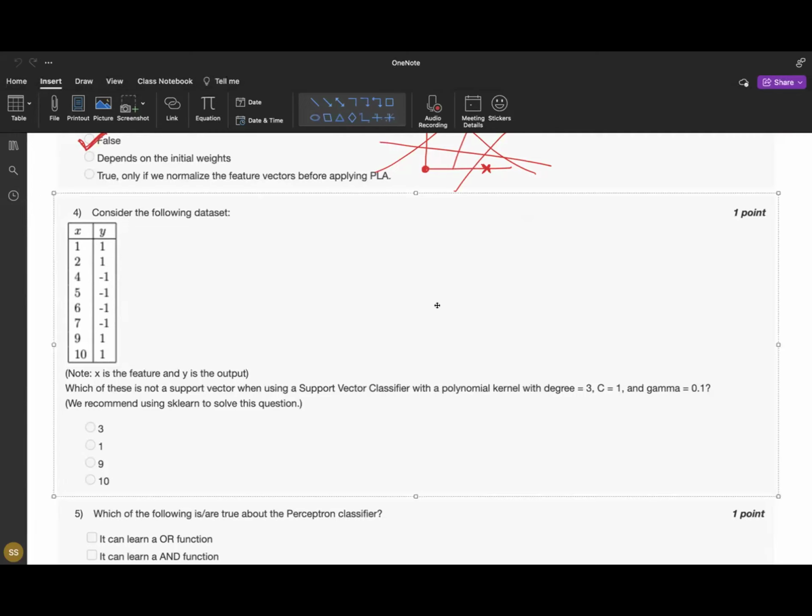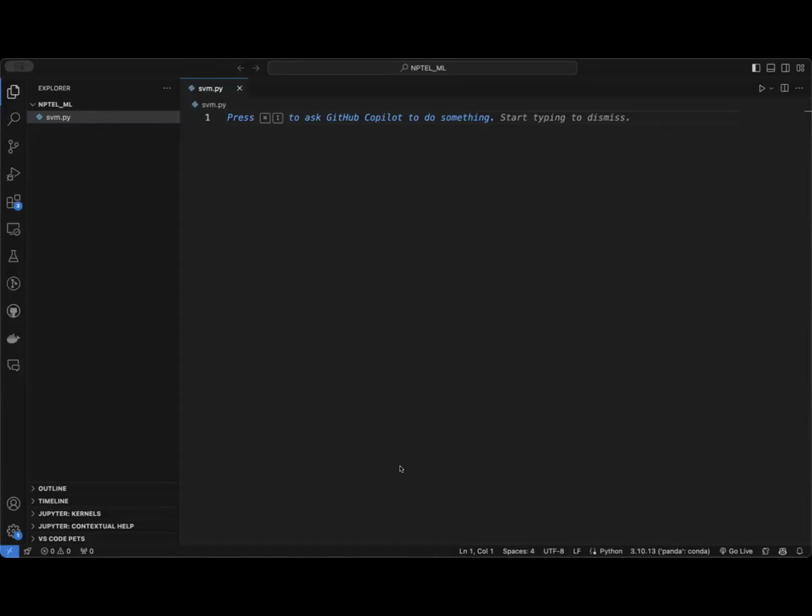So let's see the code screen. This is a data set, X and Y pairs. Which of these is not a support vector when using a support vector classifier with a polynomial kernel with degree equal to 3, C equal to 1, and gamma equal to 0.1? C equal to 1 means we're giving more priority to classification. So if we start solving this using sklearn,